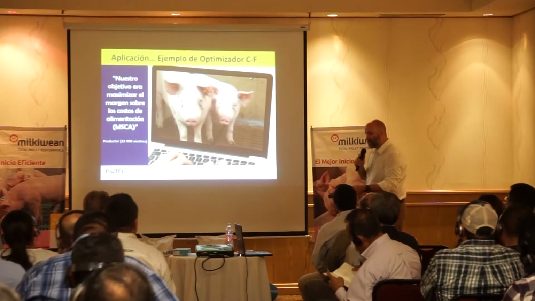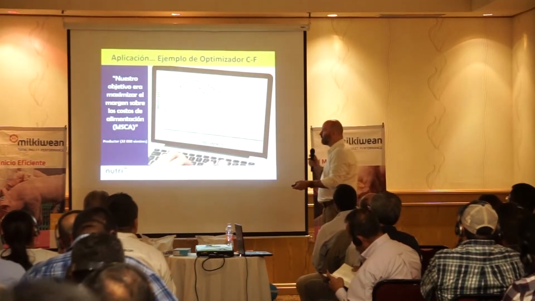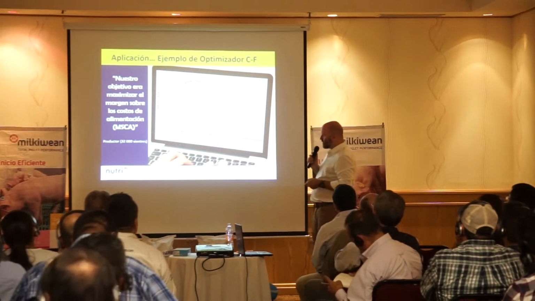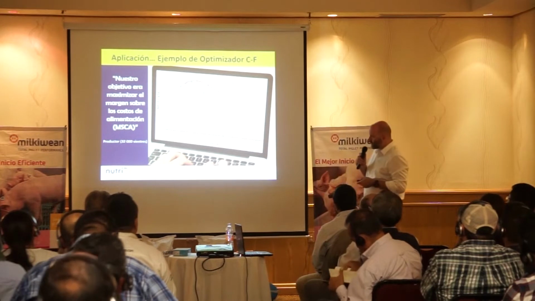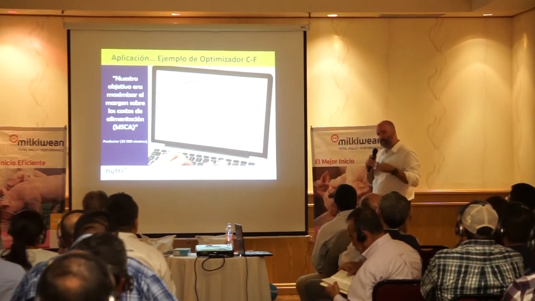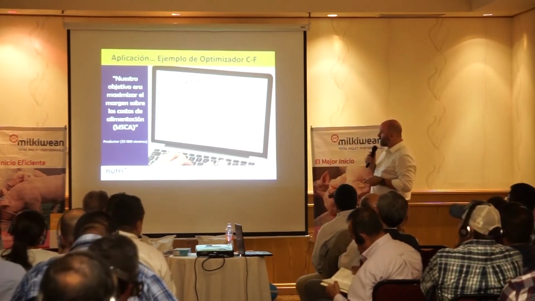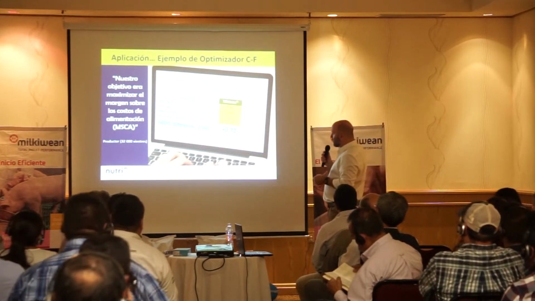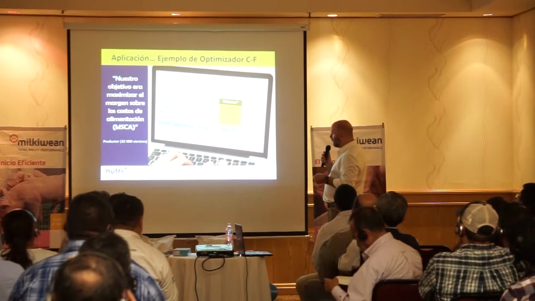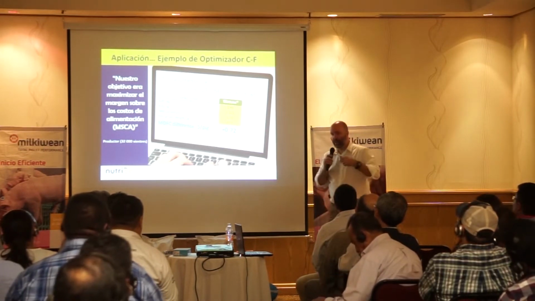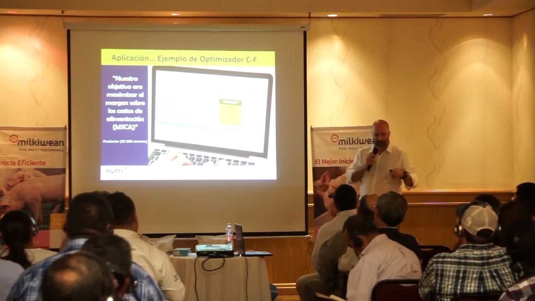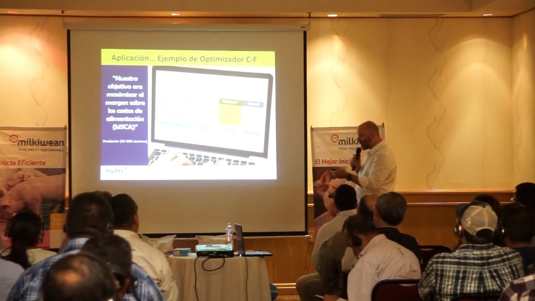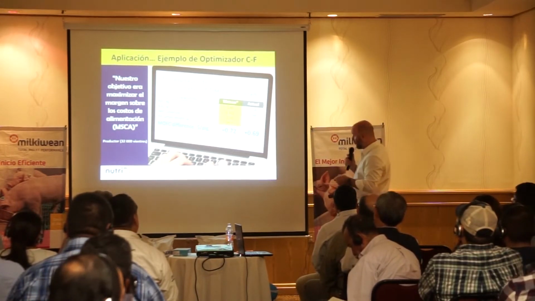So how do we apply this in a commercial environment? Well, a large producer had the objective, 32,000 sows, they wanted to improve their margins, they wanted to make more money. So what we did, we predicted with the model what the optimization for better margin would be. And then of course, just like always, validate it. Check back against the actual result.